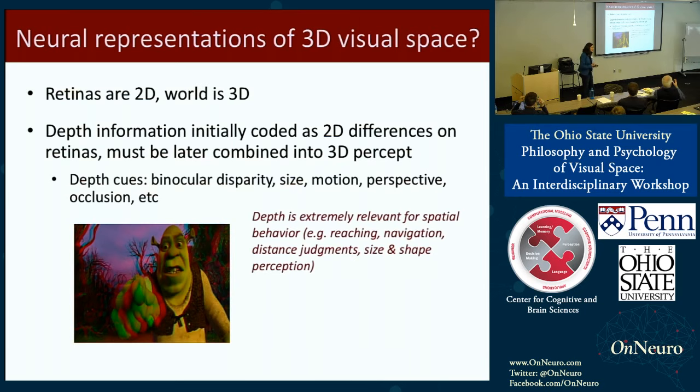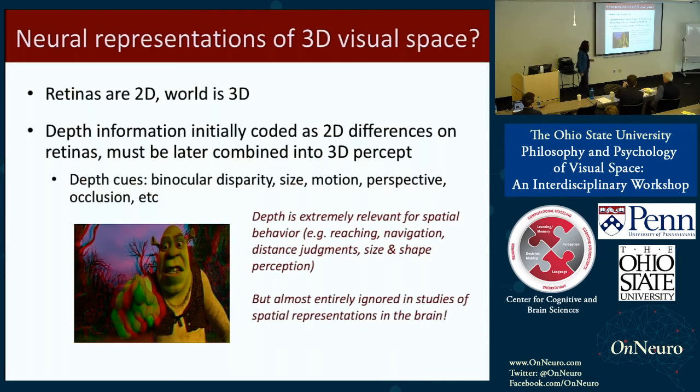And the puzzle, of course, is that depth is extremely relevant for behavior. We need information about depth for many sorts of behaviors, for reaching, for navigation, for making distance judgments. Even size and shape perception rely to a certain extent on depth. But contradictorily, depth information is almost entirely ignored in studies of spatial representations in the brain. Most people who are studying spatial representations in the brain